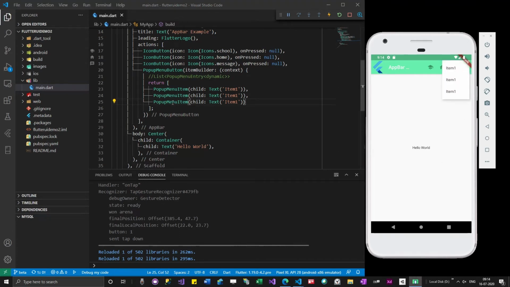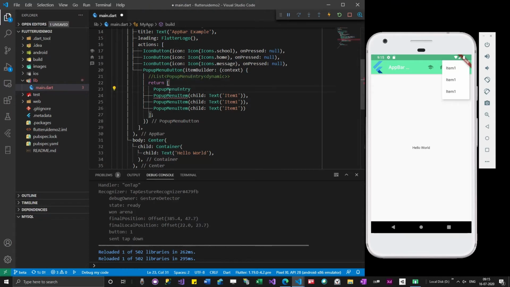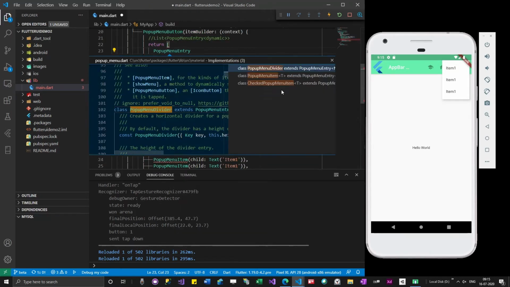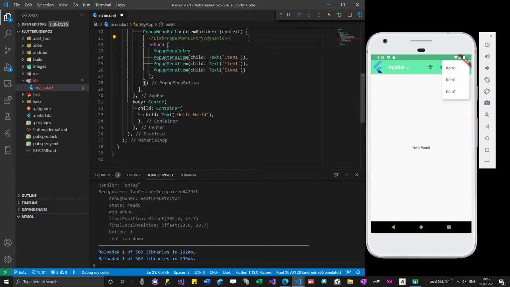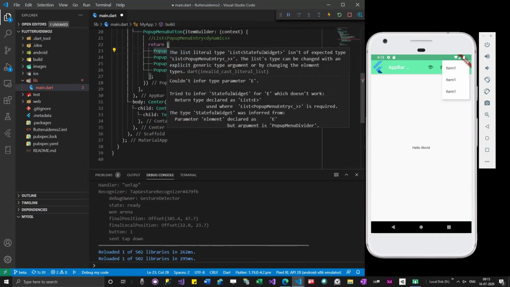Clear, guys? Okay, and an interesting thing here is, there are other things also, right? If I go to implementations, pop-up menu divider also I can give. So if I give pop-up menu divider, you can see that there is an error generated.